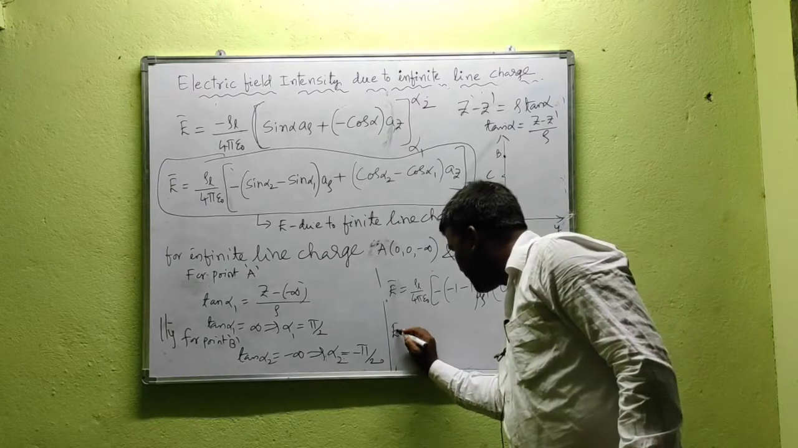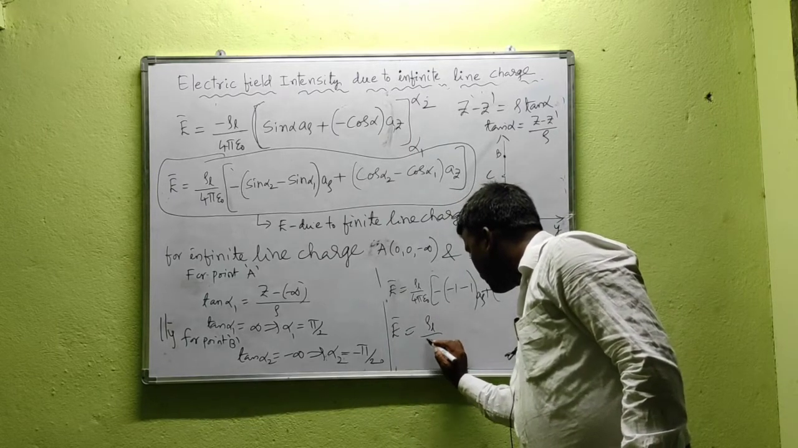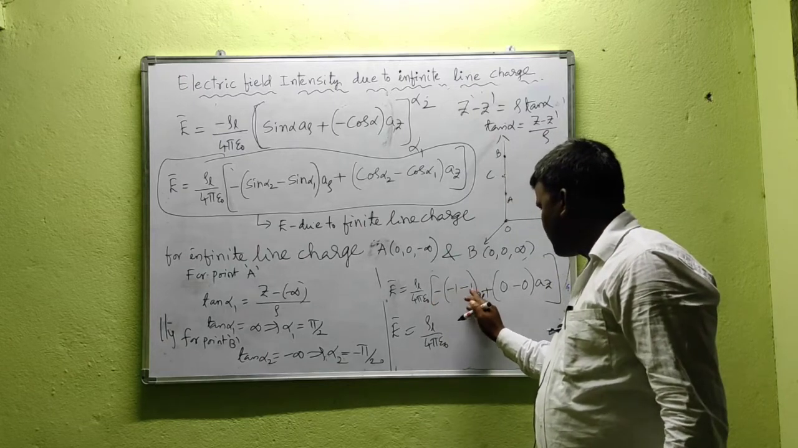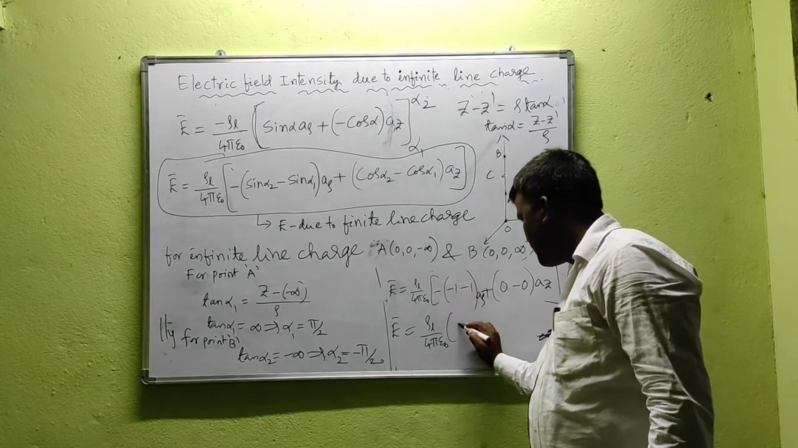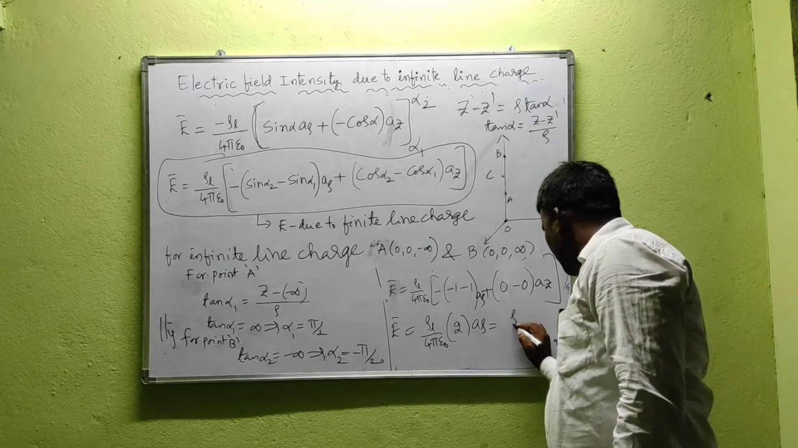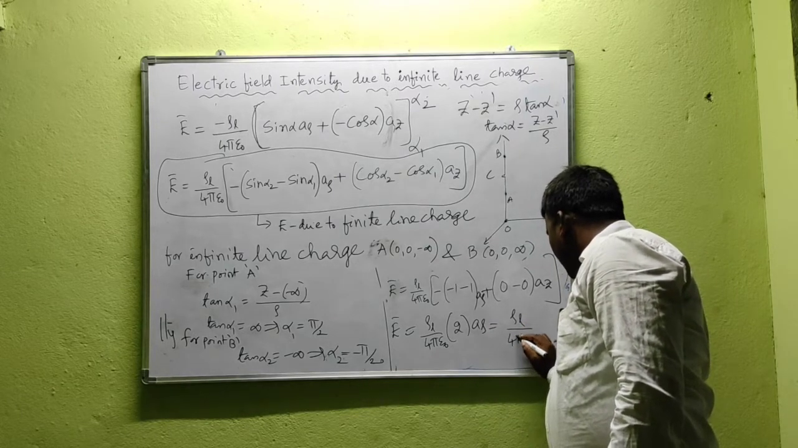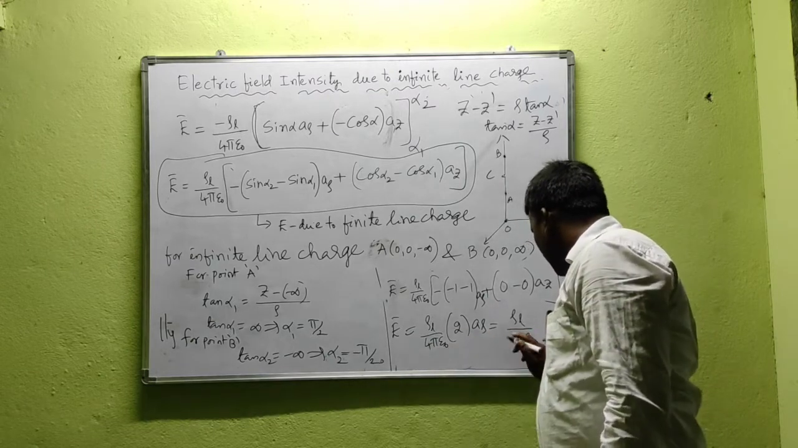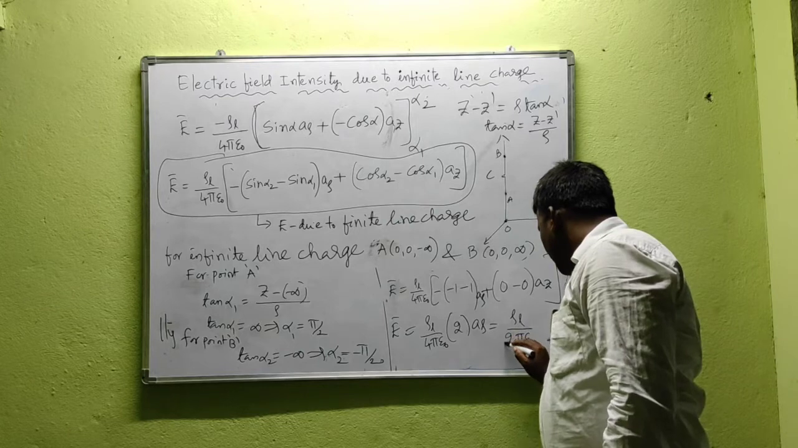Means this E bar equal to what? Rho L by 4 pi epsilon naught, minus 1 that is minus 2, minus of minus 2, that gives what? Plus 2 into a rho. Finally we will get this one, E bar equal to what? Rho L by 4 pi epsilon naught. Of course 2 by 4 means what? That is rho L by 2 pi epsilon naught,